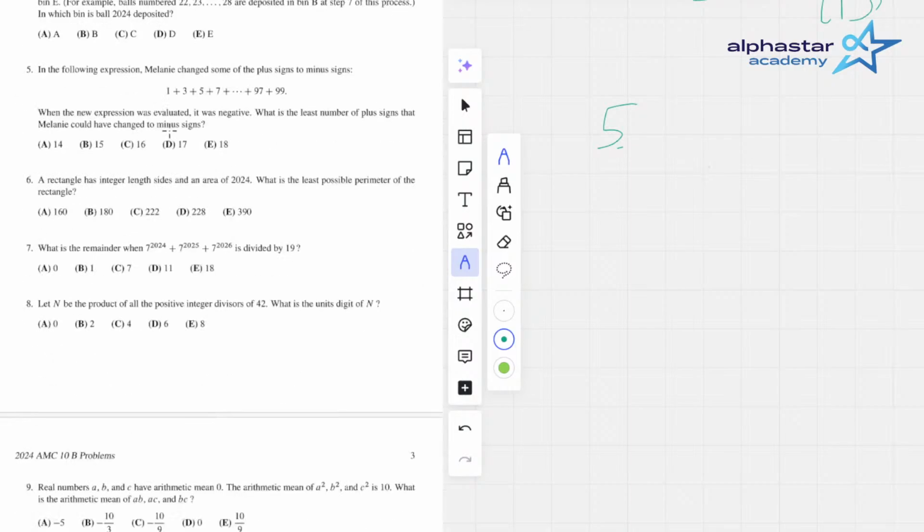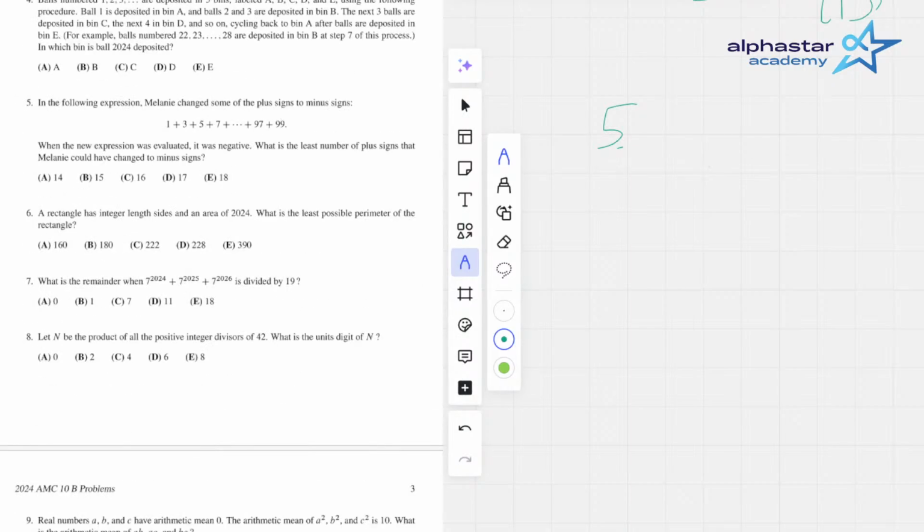Number 5. Melanie changed some of the plus signs to minus signs. When the new expression was evaluated, it was negative. So obviously we want to make the largest numbers negative. What's the total value now? It's 50 squared, because there are 50 odd numbers there. And then we want to say that's 1250. And we want that to be,